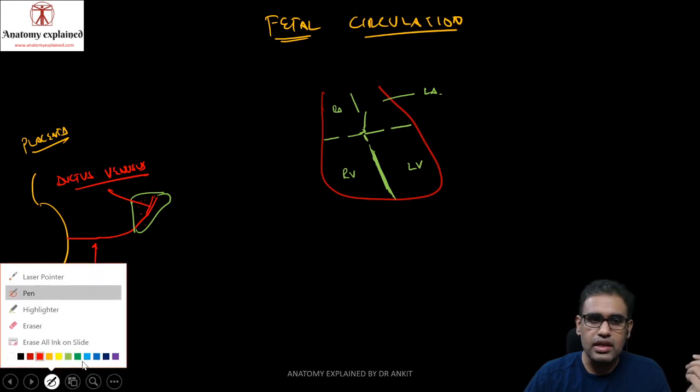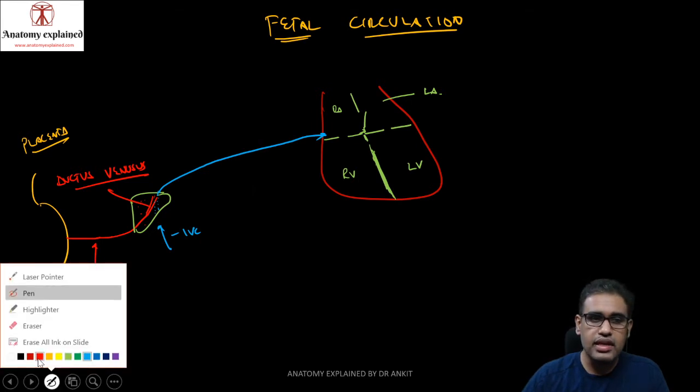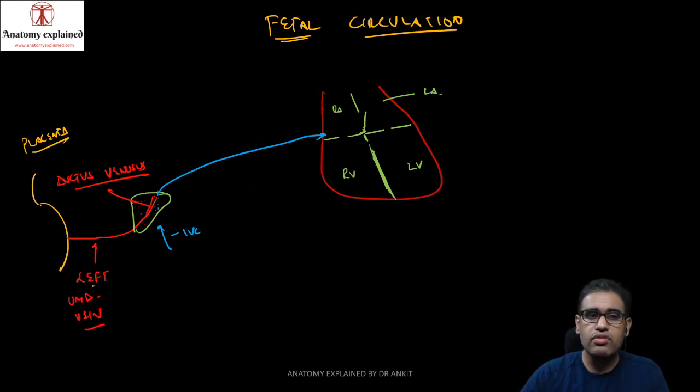Now in the meantime, what is happening? From the lower part of the body, that is the lower limbs and the kidneys, the deoxygenated blood is being carried up by the IVC, the inferior vena cava. This IVC, as you know from the adult anatomy of the liver also, passes behind the liver, and this IVC, which is carrying the deoxygenated blood that ultimately has to enter the RA, gets mixed via the ductus venosus, which is carrying the blood from the left umbilical vein. So this oxygenated blood also gets mixed up, and both the IVC blood and the oxygenated blood from the left umbilical vein via the ductus venosus enter into the RA.